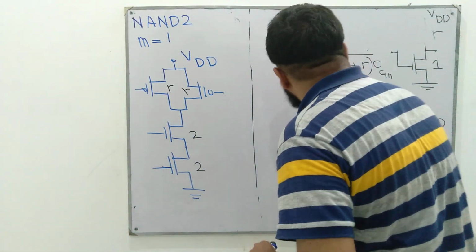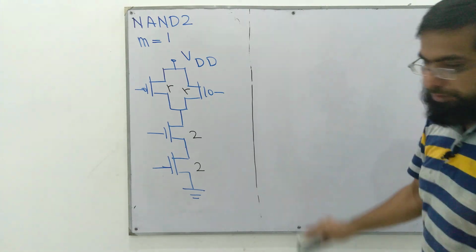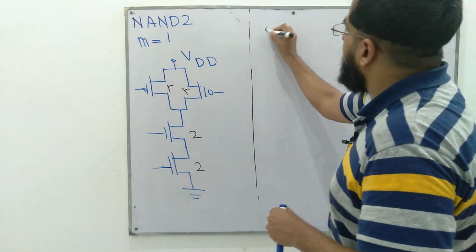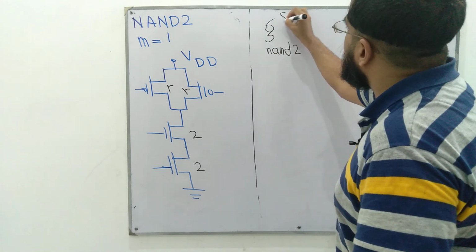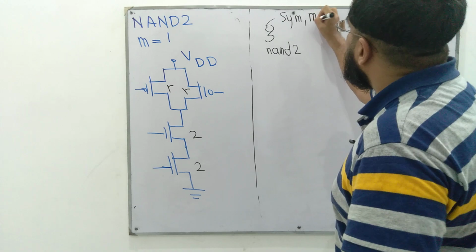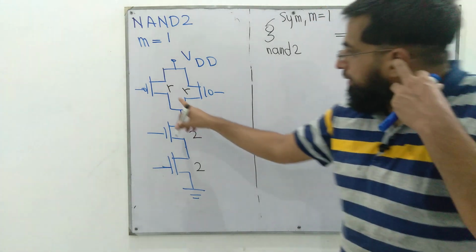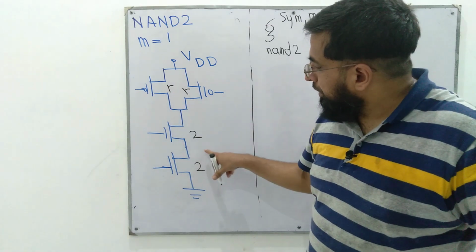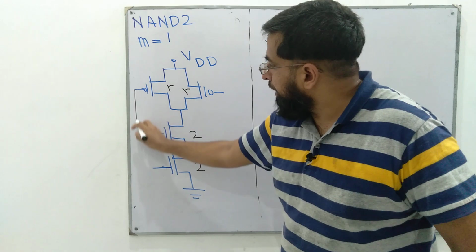So how would you write G for this? The logical effort G for this NAND 2 gate, which is symmetric and has M equal to 1. Right, the PMOS is R, the NMOS is 2. For any input,